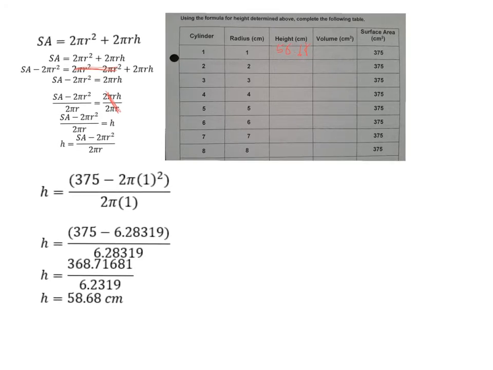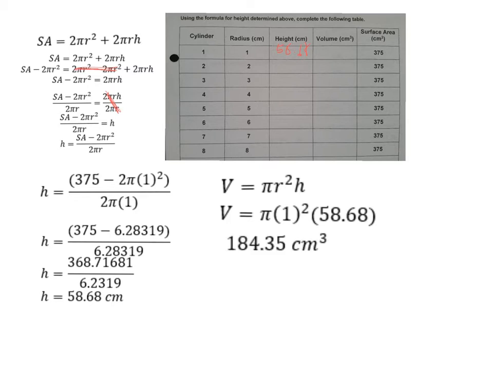58.68. To complete the volume column of the chart, you must substitute the values from the radius and height columns into the volume formula for a cylinder, which is V equals pi r squared times h. So your equation should be, and when solved, should be 184.34866, which you can round to 184.35. So 184.35 is your answer for the volume of cylinder number 1. So again, I'm going to try to write this in here, and it would be